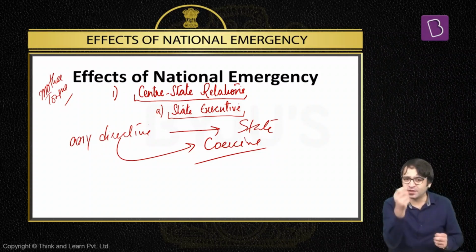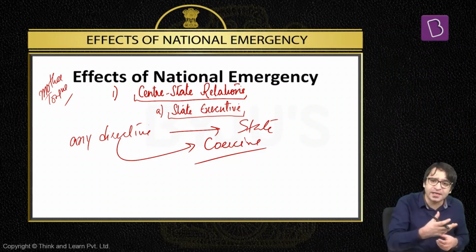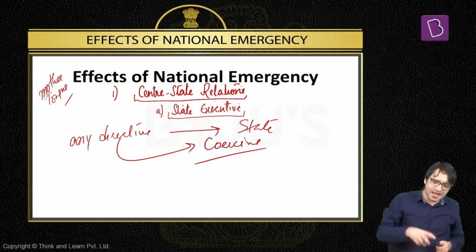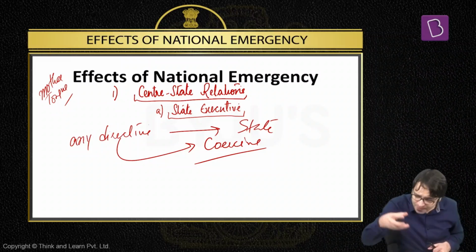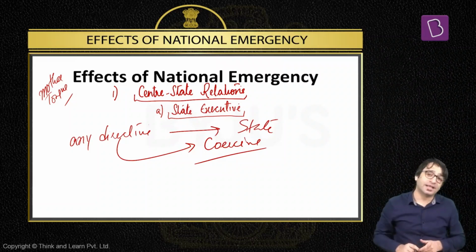What is the definition that I gave you of unitary constitution? In the first class, I told you South Africa is a unitary constitution. United Kingdom is a unitary constitution. But what happens in a unitary constitution? States or local governments exist at the mercy of the center. The center can at any point in time create these local institutions, create these states, or abolish them as well. That means these states exist because of the mercy of the center. At any point in time, the center can dismiss these states. That's exactly what can happen in a national emergency.